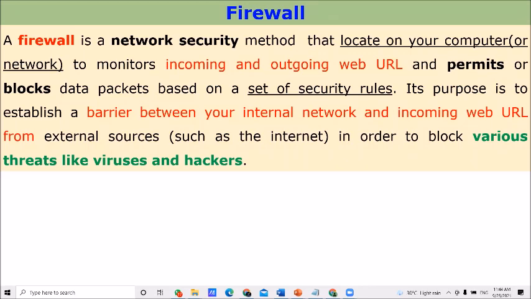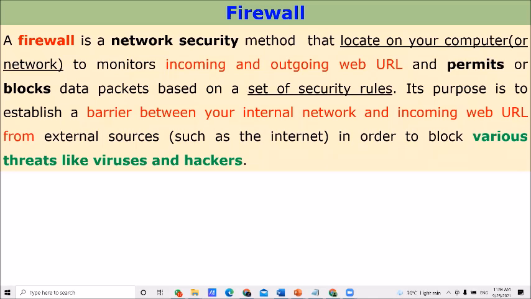Then the firewall, if it is able to remove this harmful thing, removes it; if it is not able to remove it, then what the firewall does is stop or block the URL. Right. In that way, firewall is mostly used to protect from various types of viruses or hackers from the internet.